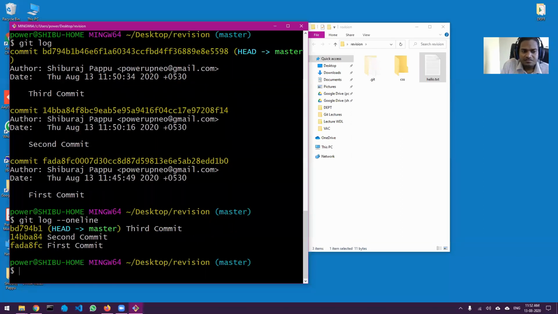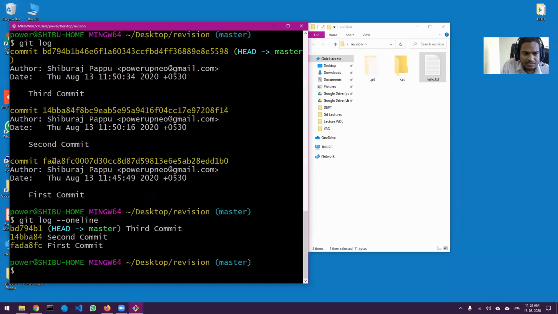This is much better, because you can see the hash of your commit, and you can also see the comment that you have put on the commit. This is a much more compressed version of your git log. That is what git oneline means. Another thing to note, very important, is you can see the commit id over here and the commit id over here. So basically, are they both different?